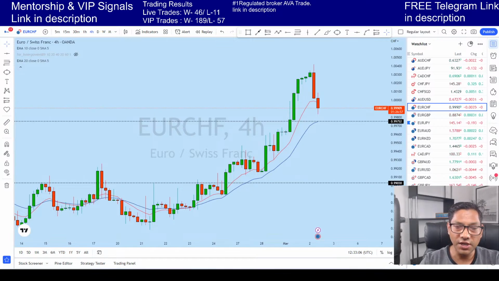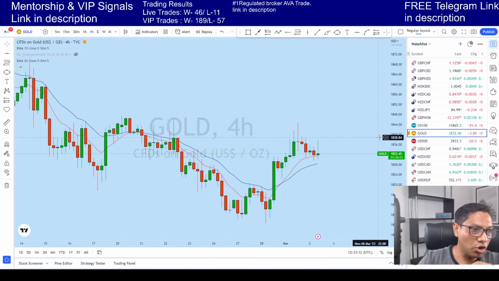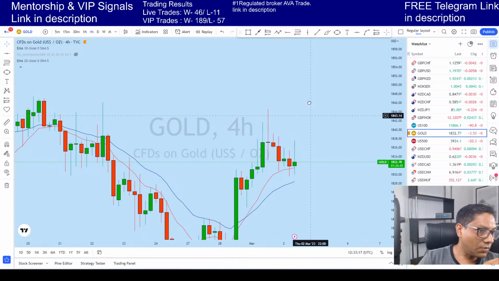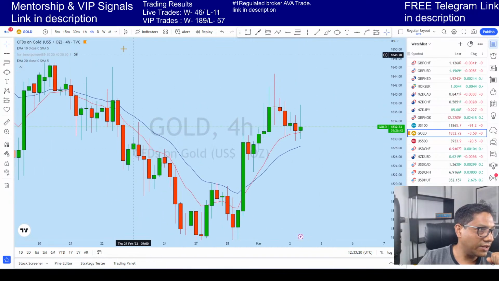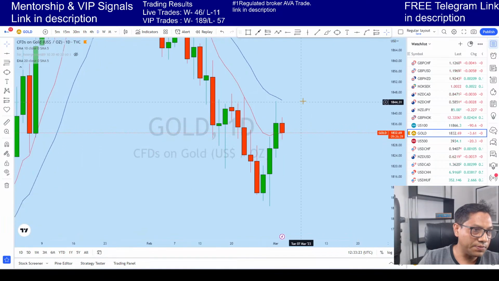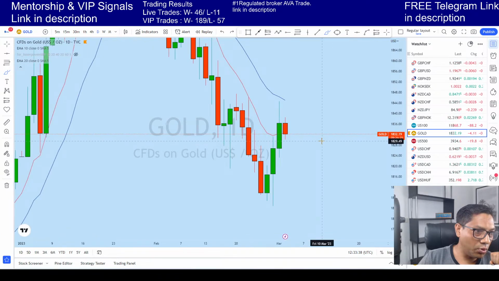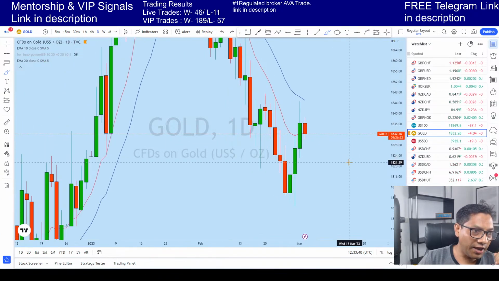With that said, let's begin today's session. We will be starting, as usual, with the gold price. Now we saw that there is a spike to the upside on gold, and as you can see, gold has come to the support zone again. It looks like gold will have another push to the upside to this daily 20 EMA. You see that gold yesterday was rejected from this 20 EMA. Today the price has come back to this support zone on the daily, again pushing higher, and I think this market will slowly move up to the daily 20 EMA.